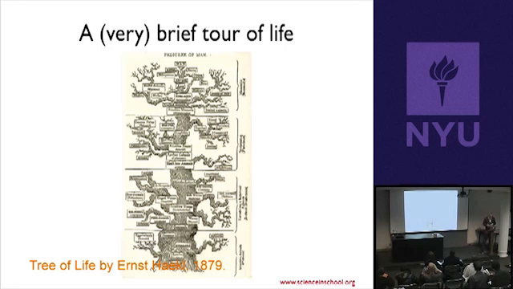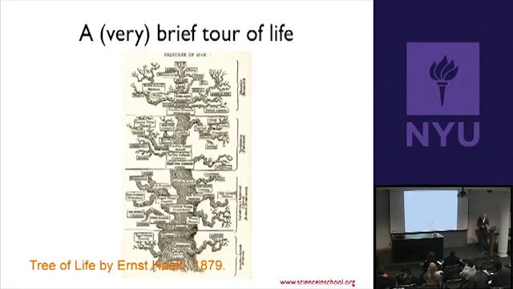So in order to talk about how DNA can help us figure out history, we have to start with what that history is and how people have historically thought about studying history in the context of biology. One of the classic canonical representations of the history of life is as a tree. And for a long time, biologists have tried to classify living things according to their relationships as they understood them. And so this is an old depiction of that from 1879 from Ernst Haeckel, who's a famous biologist of the 1800s.